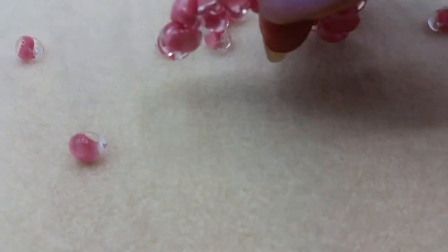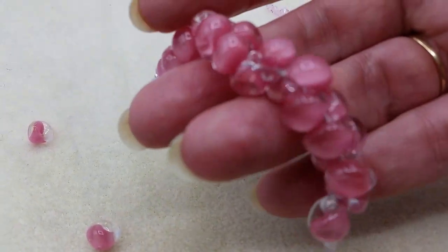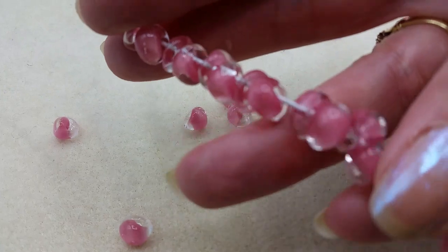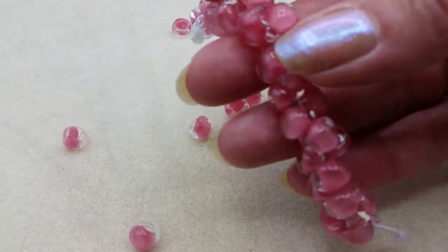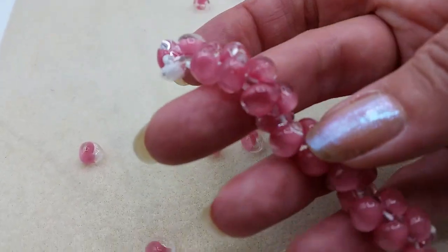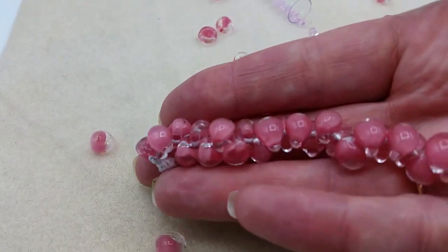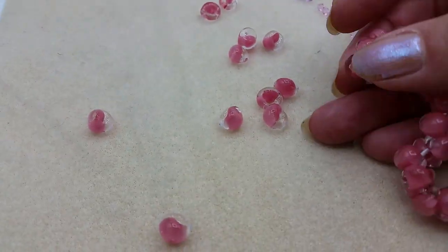What I use for my Lariat necklaces are these beautiful beads. They are all handmade glass. They come from America, and they are artist-made beads. You can see how they have a gentle shimmer. They look like they've been in the water, with a crystally effect without being shiny or glitzy. The color is really nice and deep, and we will be using all the pinks